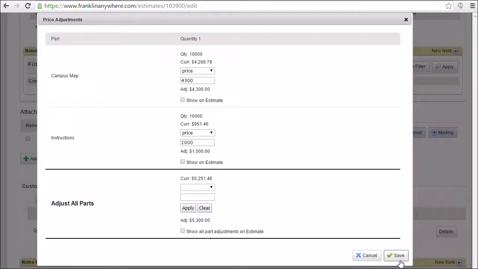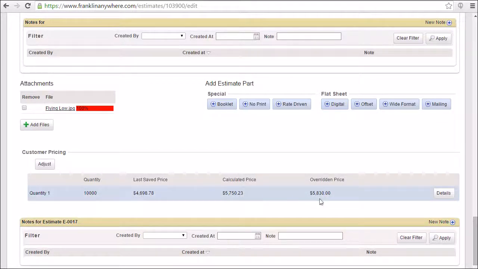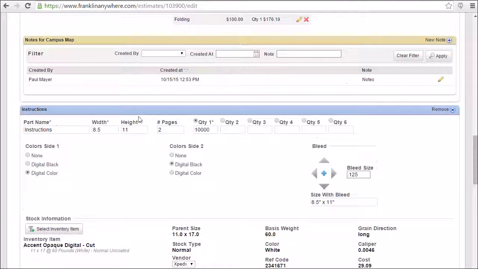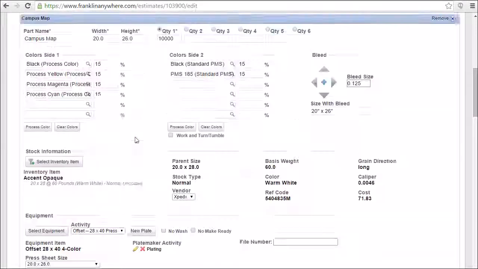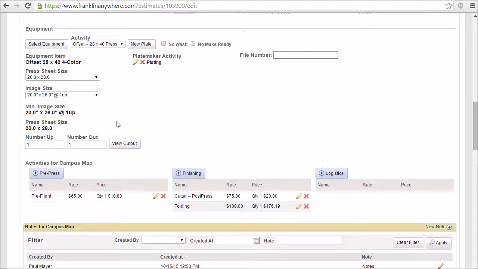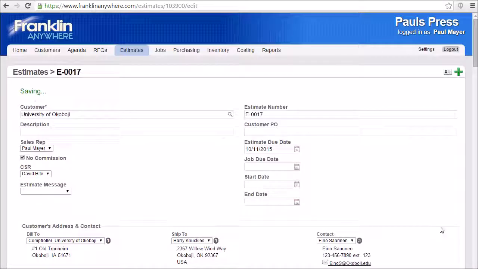Be sure to hit save. Now you'll see that we have the overridden prices slightly higher than what we would have expected. So that is related directly to the fact that there's a commission on this job. I'm going to scroll up to the top and remove the commission, say no commission, by putting a check mark there. Scroll back down and you see now that the overridden price is the same $5,300 as we had put